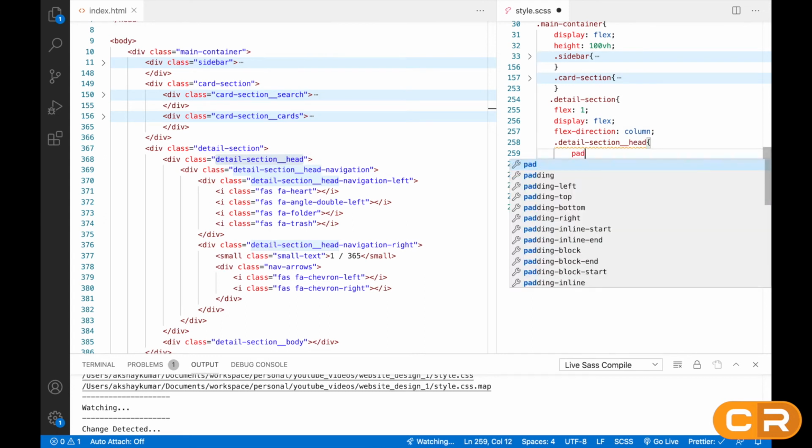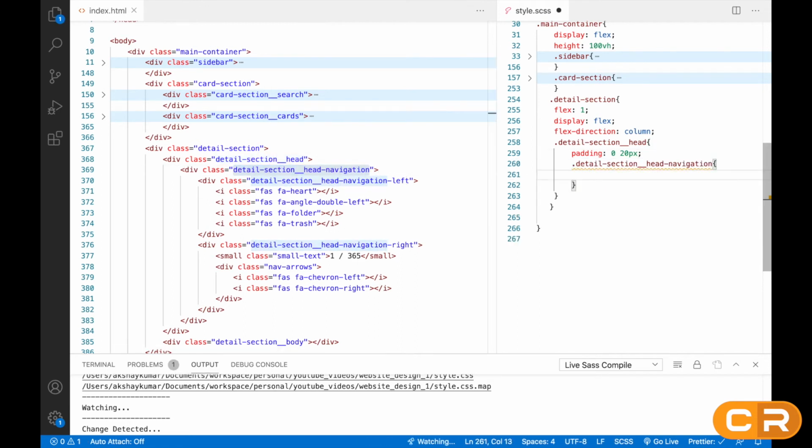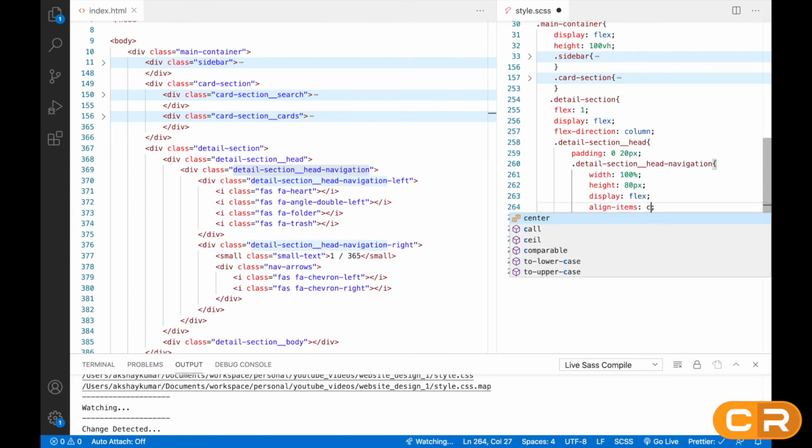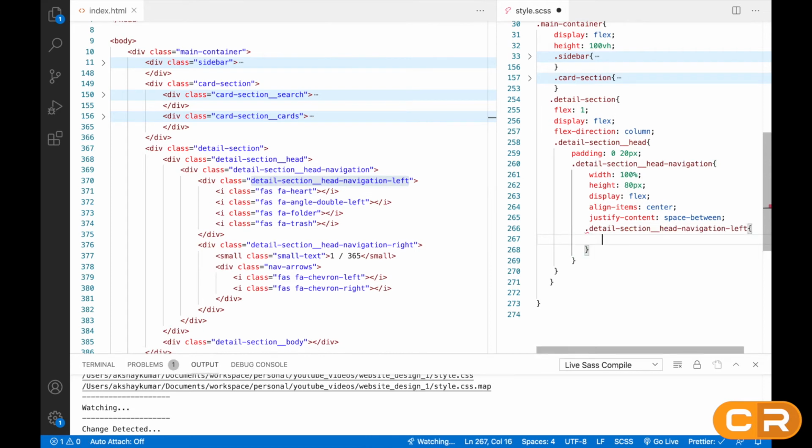So here we'll give some padding 0, then 20 px, and for this navigation we'll write width 100%, height will be 80 px, display flex, align item center, and justify content space between. Now inside we have two more classes. So one is this left one and the second will be this right one.